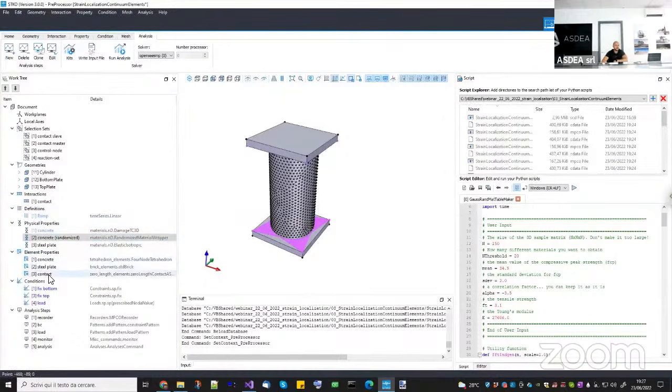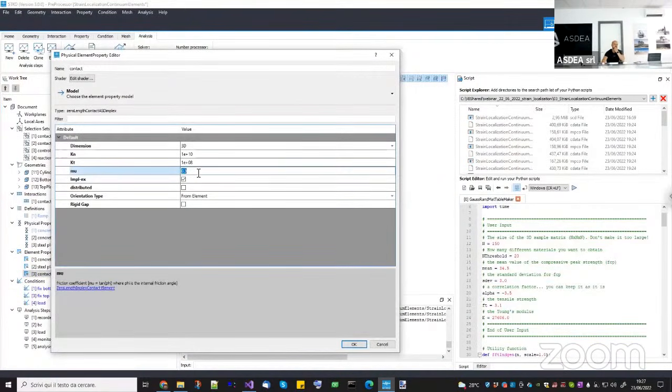where is it? Actually, the solution is already fine because you cannot expect to obtain exactly the same solution. But here in contact, I was using 0.5, which is the friction coefficient, which is quite high. It is the friction coefficient of concrete on steel. Okay, but actually, when they do this kind of models,